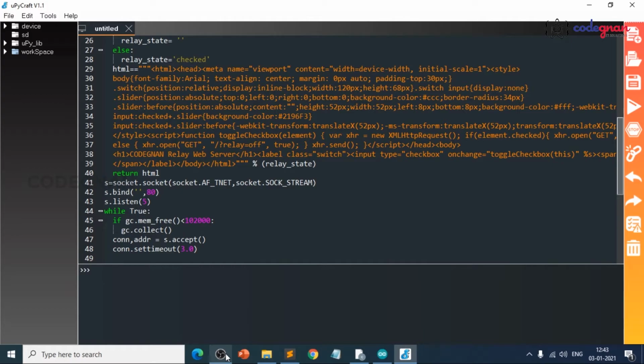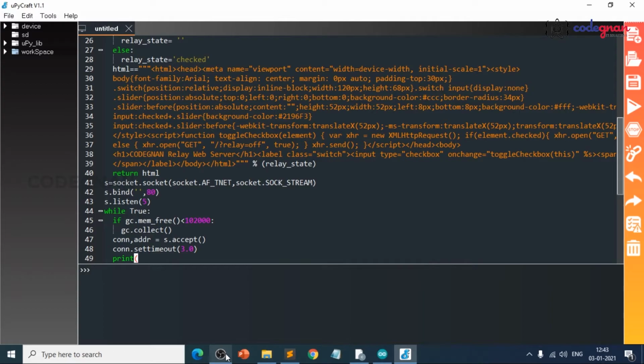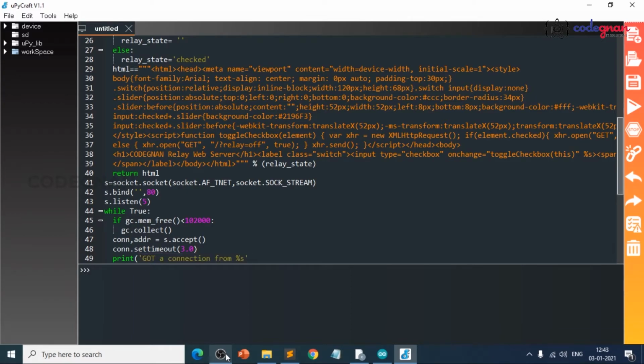Next, if a connection is received, we need to print which IP address it came from. So print got a connection from %s, comma, %str of addr.